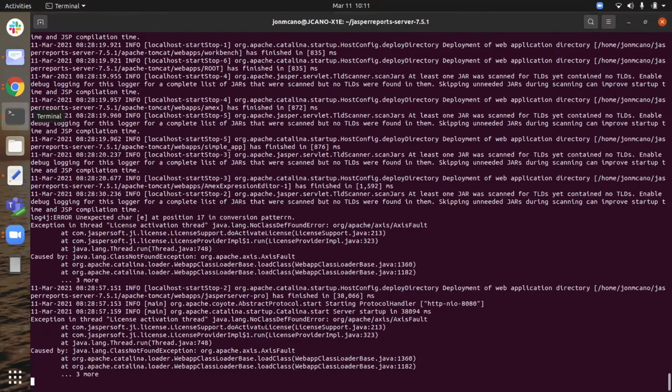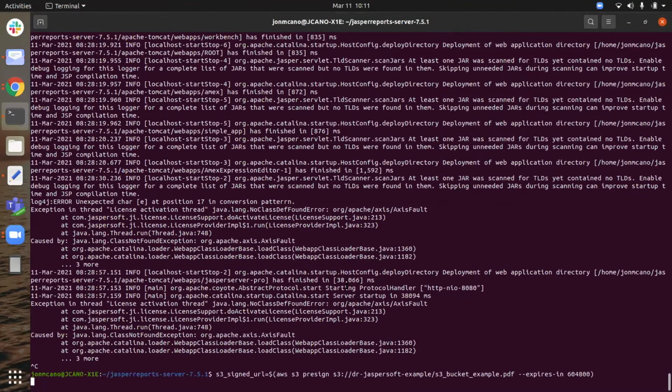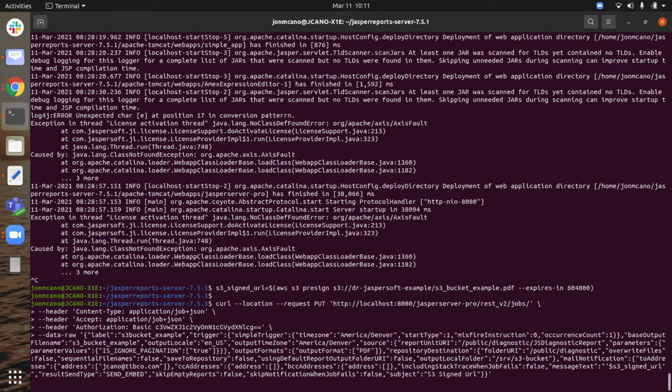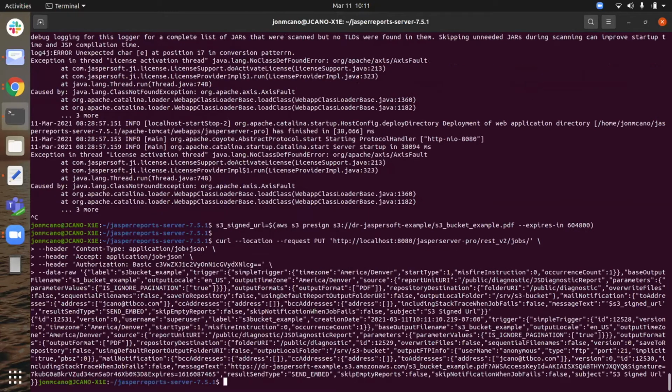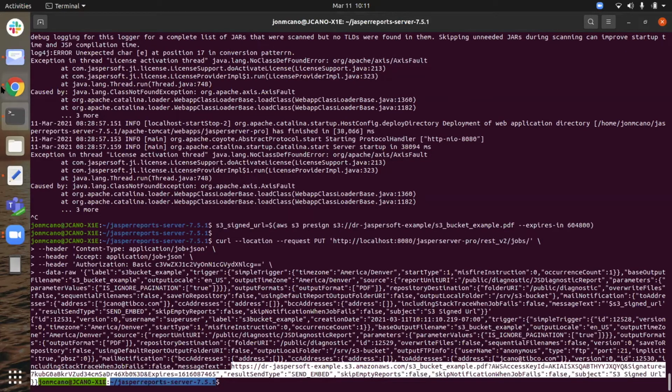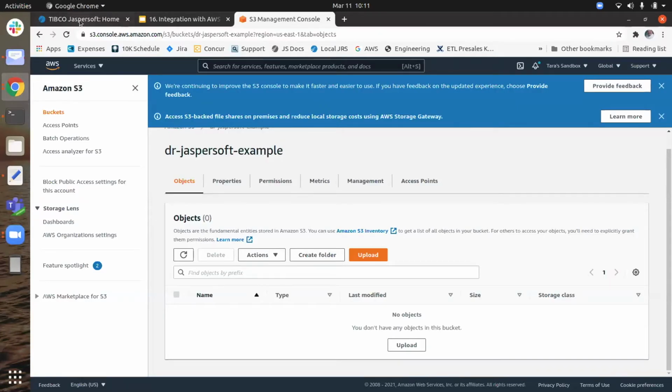So I'm just going to paste that script in here, creates a signed URL, and then it posts the request to the server to actually schedule the report with the message. You notice the signed URL is now here. That's where the actual report is going to. If I go look at the server,